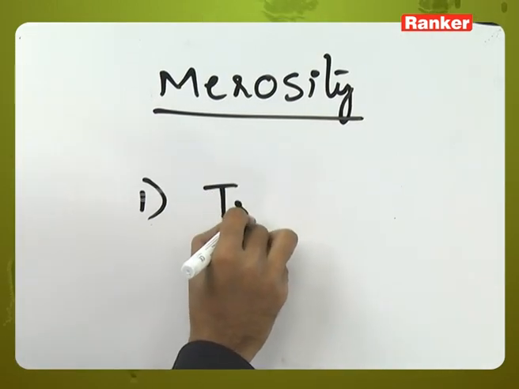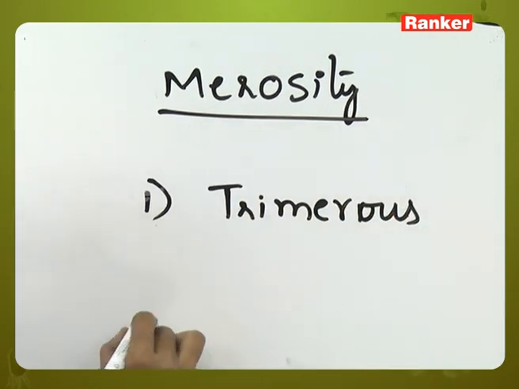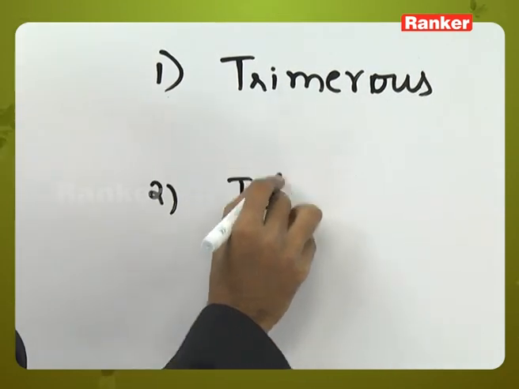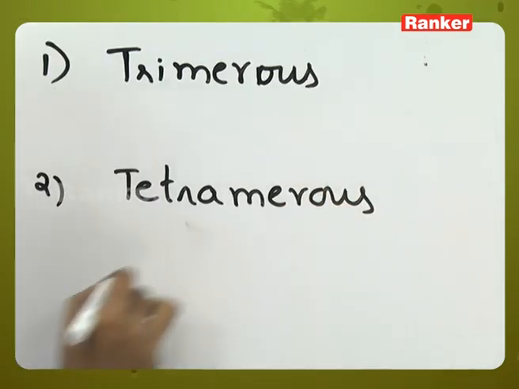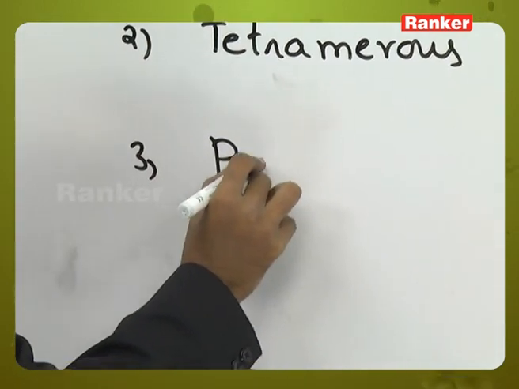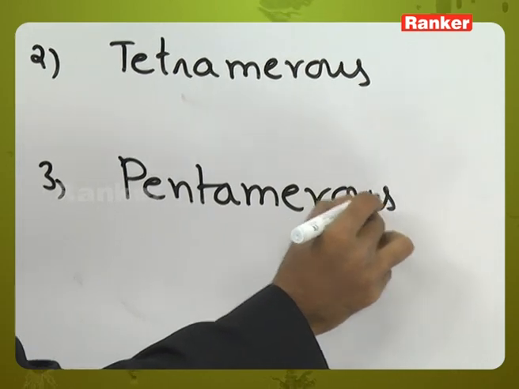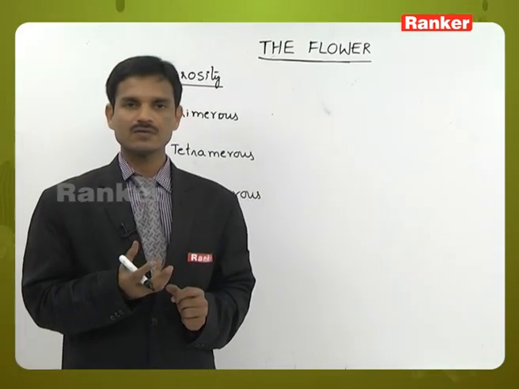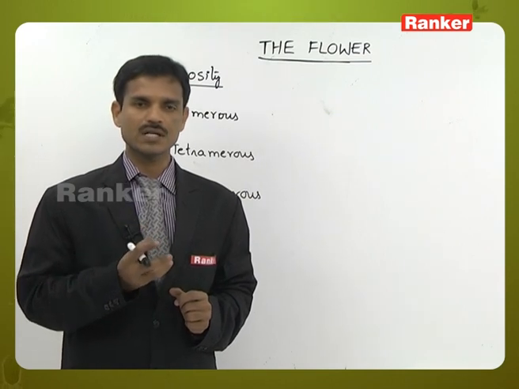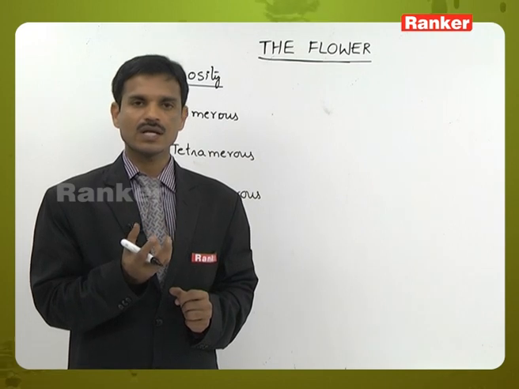A trimerous flower, a tetramerous flower, and a pentamerous flower. Trimerous flower. So in the flower, 4 whorls are there, 4 circles at every